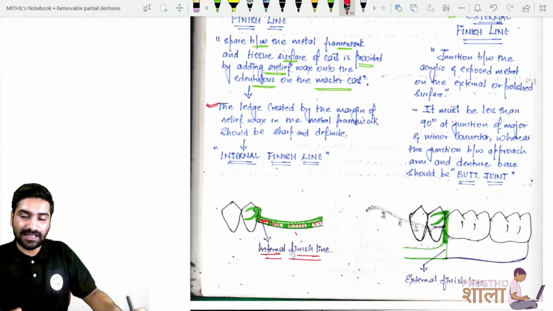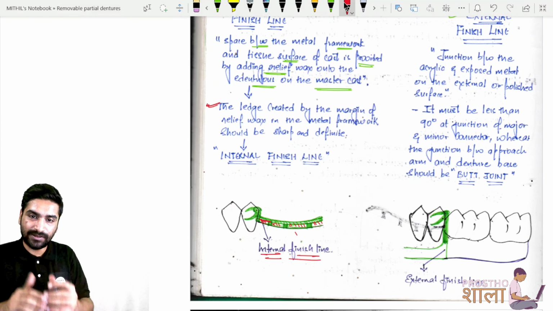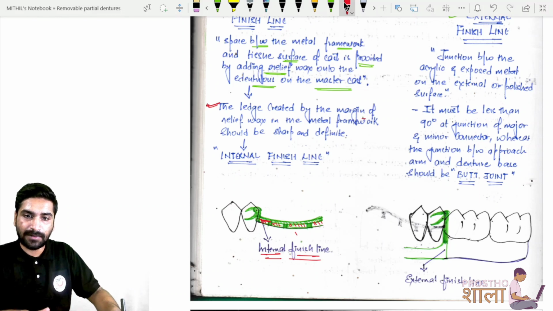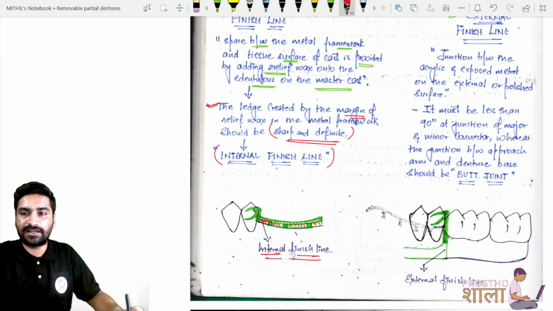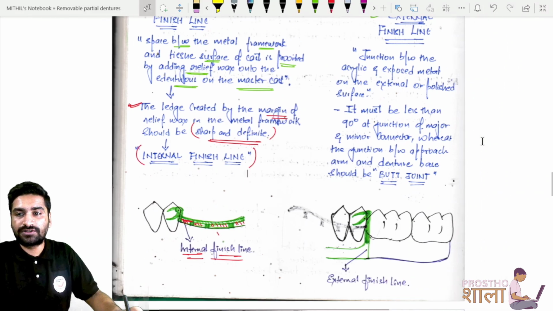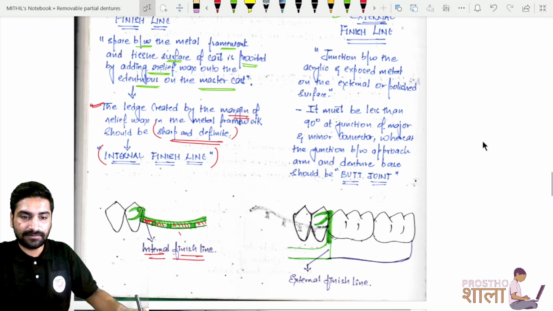That forms a ledge. When the acrylic is going to go in that space, it forms a ledge or a margin, okay, and that should be sharp and definite, and that is called the internal finish line. Similarly, outside, not below the teeth but somewhere outside, over here, if this is your metal part, major connector, and